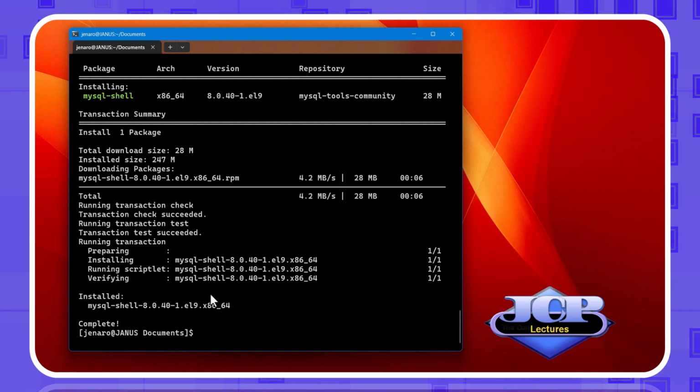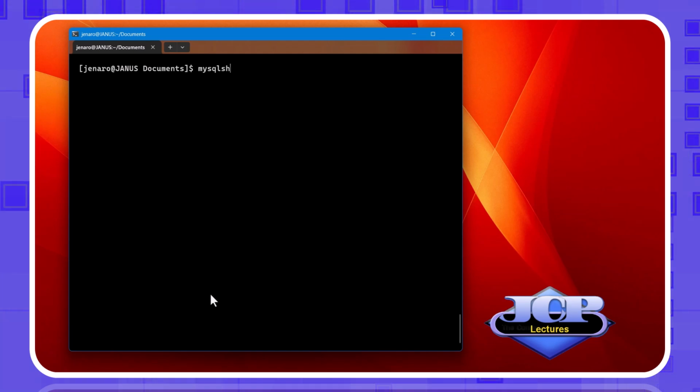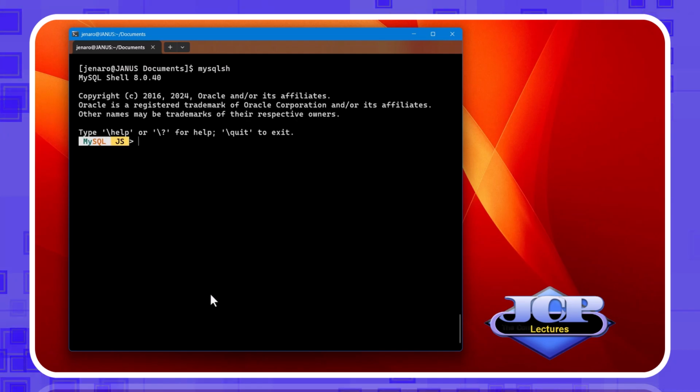The installation ends quickly, and now we can use it. The command mysqlsh activates it.